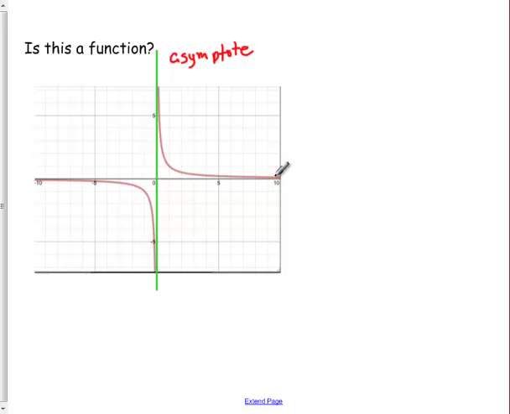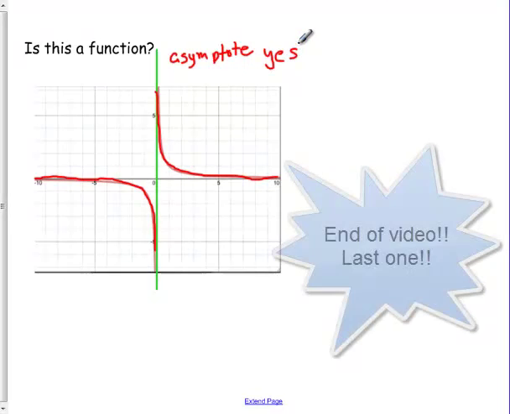So these curves get really close to the y-axis but never touch it. And no, that red line and that green line never meet, because if I put that green line right on the y-axis, the y-axis is being an asymptote and this never crosses. It looks like it's going to become a vertical line, but it doesn't. So if this is a function, yes,